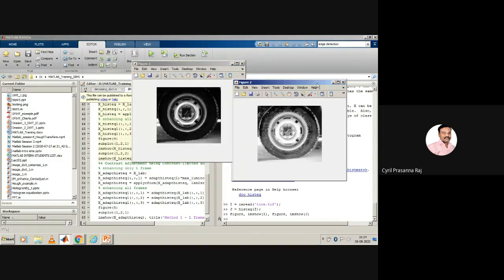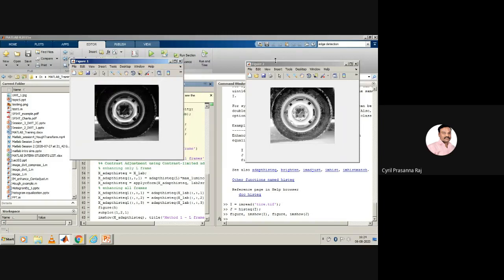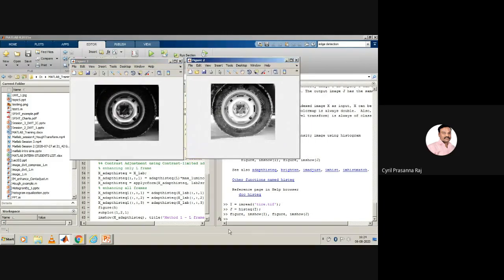See, this is the original image we have, which is now your input image I, and this is the output J. We have done histogram equalization using a function called histeq. Because of histogram equalization, you may not be able to see the tire, the outer circle, very clearly in the original, but after equalization you are able to identify what the external tire circle is. So you may lose information, but still you are able to identify the objects available in a given image.